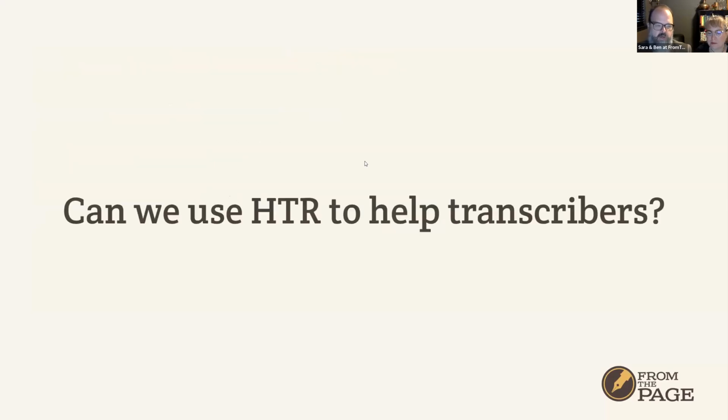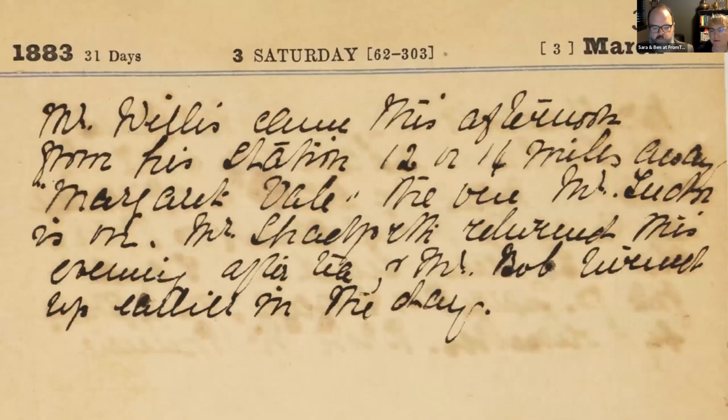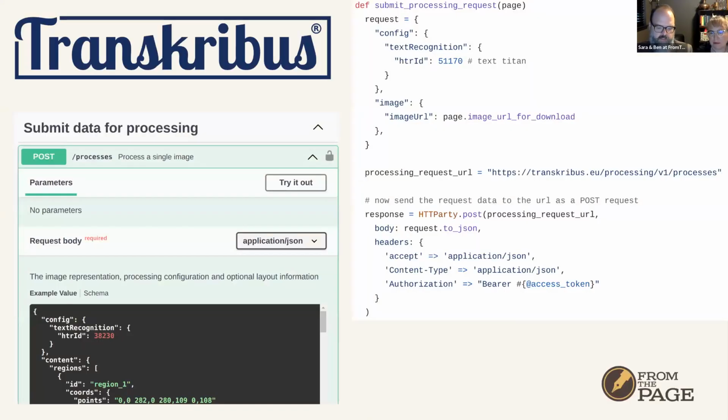So here's how we're trying to use HTR to help transcribers working with historic documents. It all starts with a page image. This is a test that's done with the 1883 Diary of Emily Craig, which is held at the State Library of New South Wales. These images were imported into FromThePage using IIIF, but they could have been uploaded as PDF or images. We take the URI for that page image and submit it to the Transcribus processing API. That lets us specify a model ID,